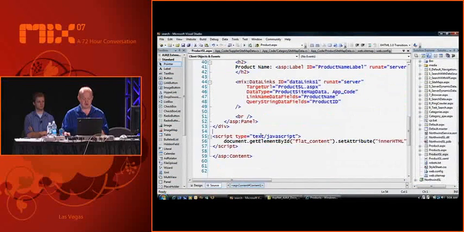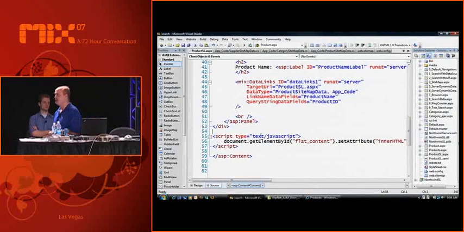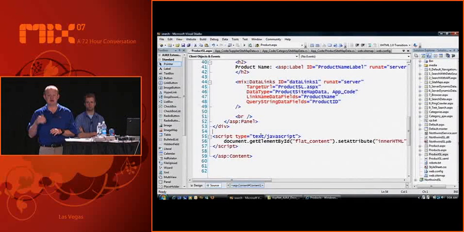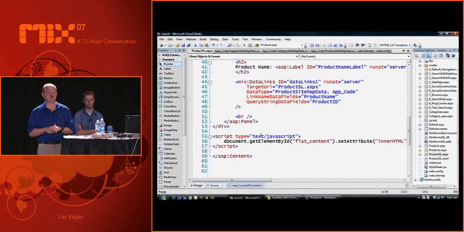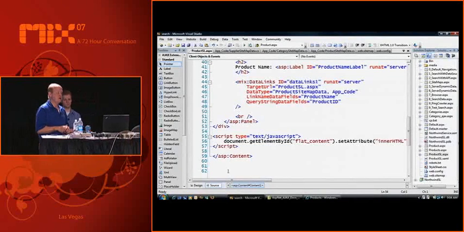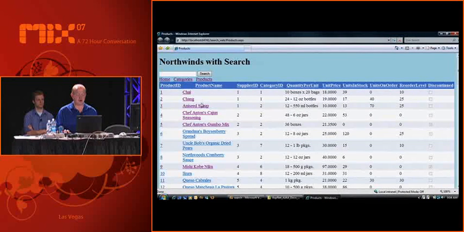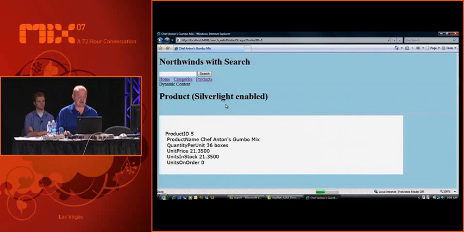Oh, and the one thing I forgot to mention was if I do happen to have JavaScript turned on, well, I've sent the content down, so I can just go and remove that content from the actual UI. So I'm still returning the same page down to the browser, the crawler, and Links, but if I do have JavaScript turned on in the browser, I can go and remove that alternative experience. So here, if I go and click on Gumbo Mix, we'll see